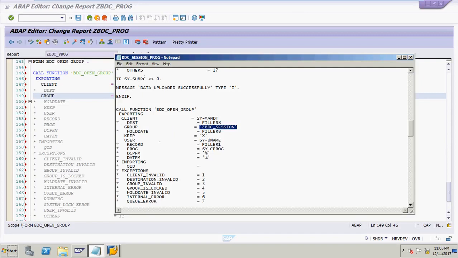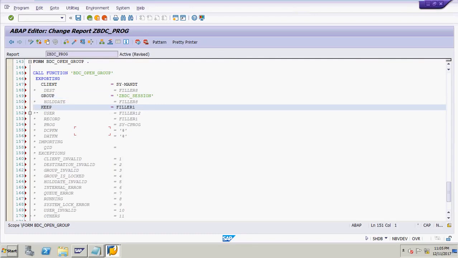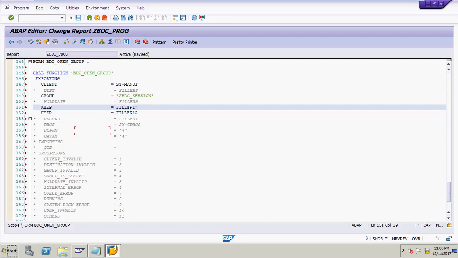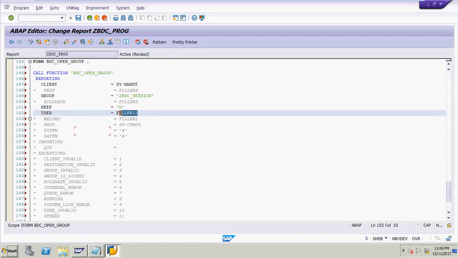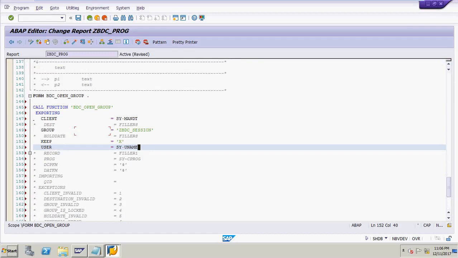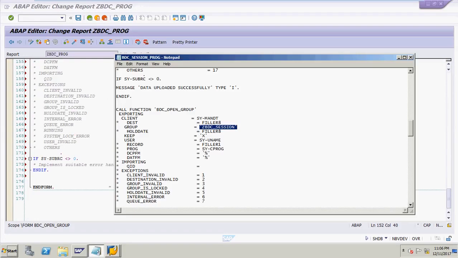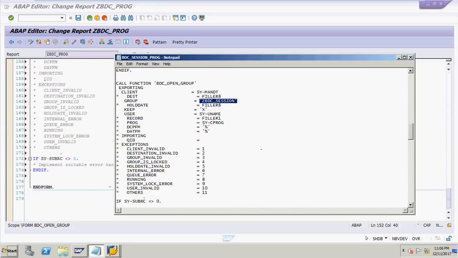After that, uncomment this line, keep and user. Keep will be X within inverted commas, and user will be sy-uname. Okay, and that is ENDFORM. Okay, no problem. Now BDC_OPEN_GROUP I have mentioned properly.